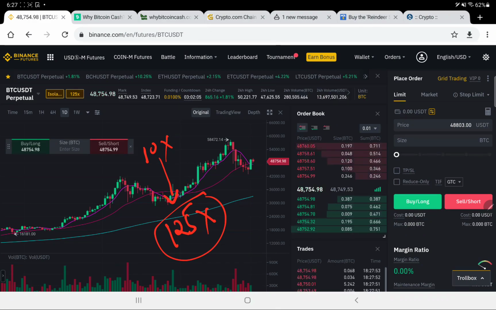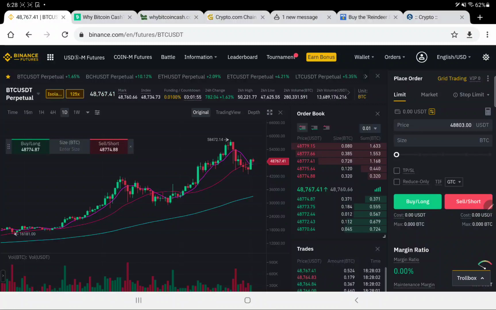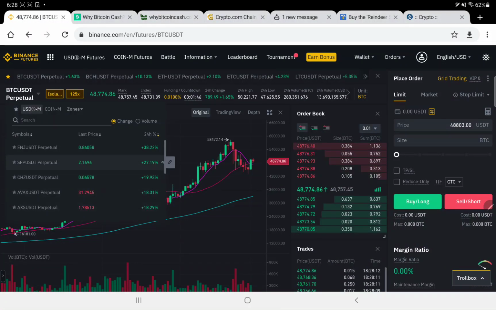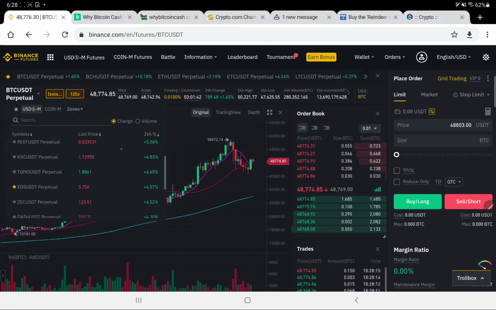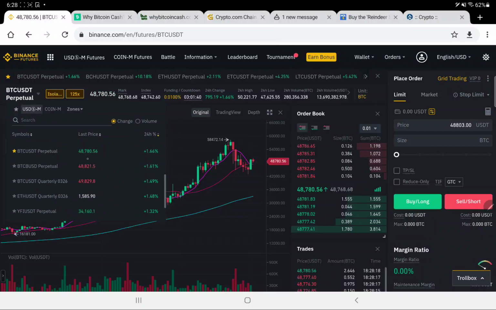In margin trading, you can have the balance in BTC and you can trade with BTC. You can have the balance in Ethereum, you can trade Ethereum. But in your futures trades, which are called derivative trades, you must have the balance in USDT. Whatever pairs are available, like the pairs here, you must have the balance in USDT. All the pairs will be concerned with USDT only. You can see here all the pairs which are available for the USDT zone.